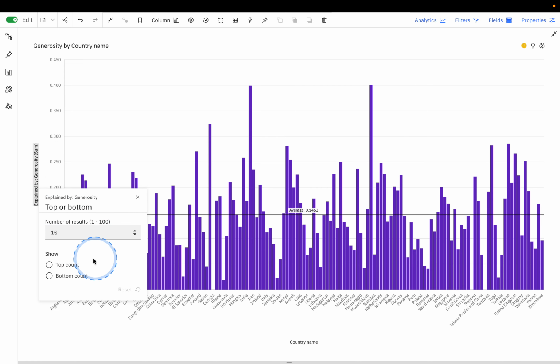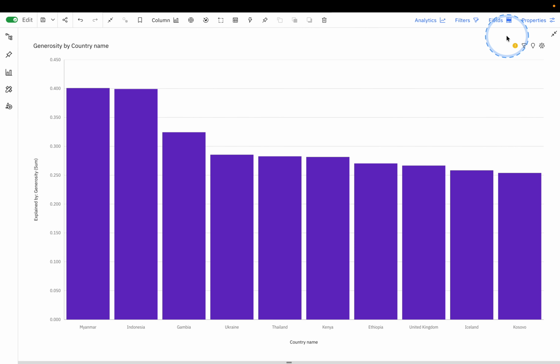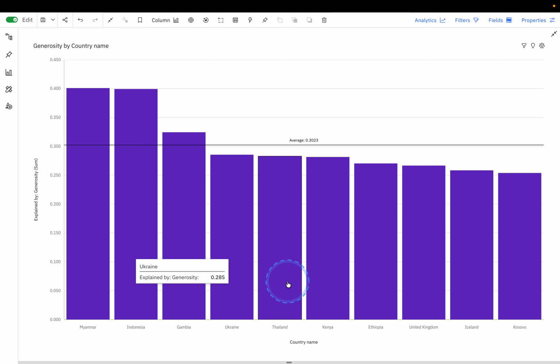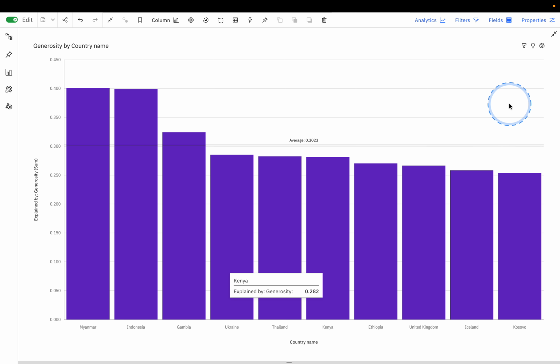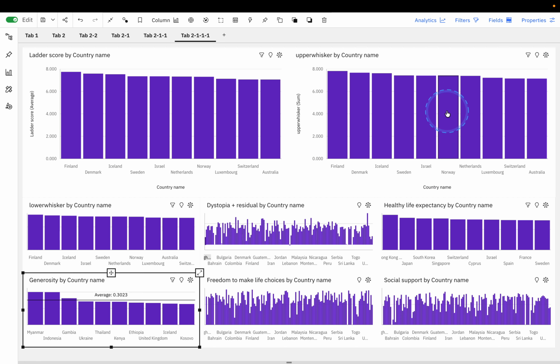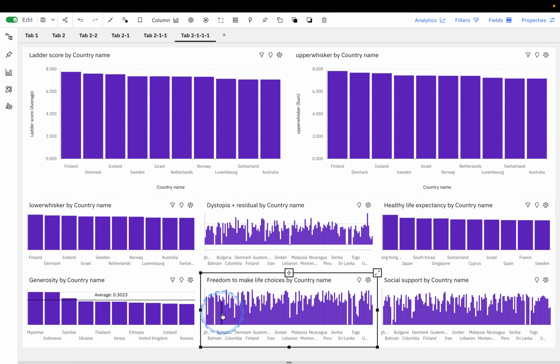Take 10. Interestingly, we're seeing Asia taking the lead. Africa is number 3, Ukraine number 4, Asia is still number 5, Kenya, Africa number 6. Okay. So we can see Kosovo and Ukraine in that area of Europe.